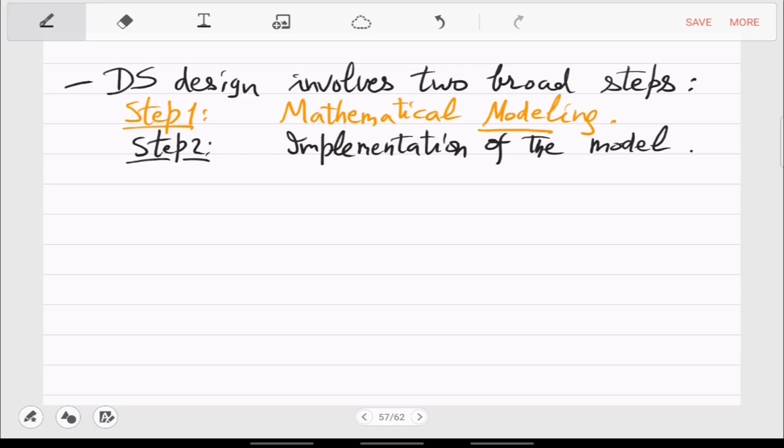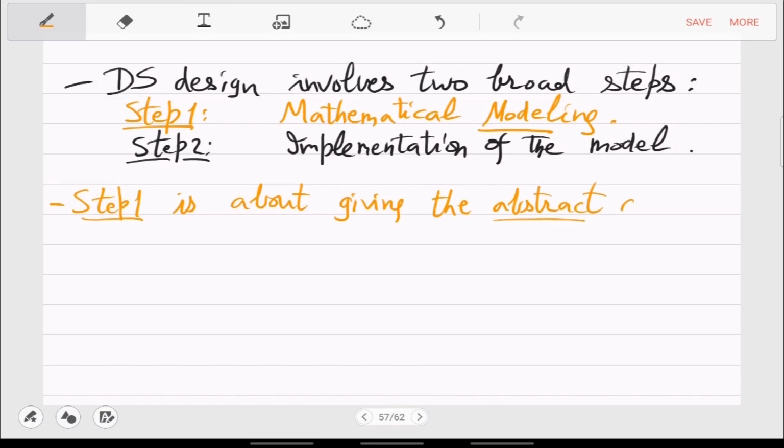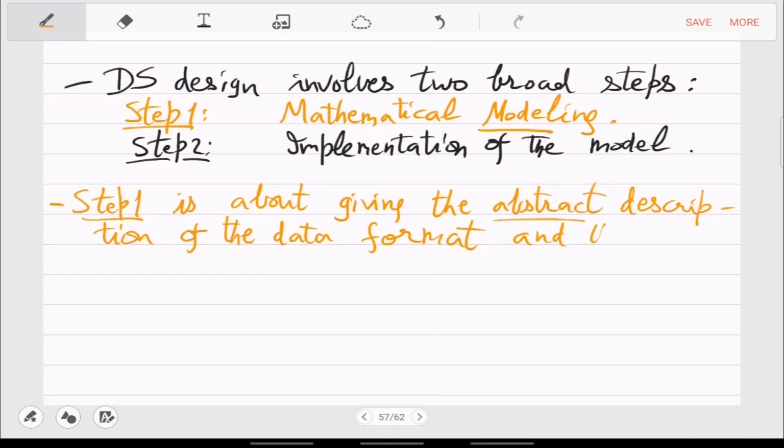So let us just describe that. So step 1 is about giving the abstract description of the data format and the operations.